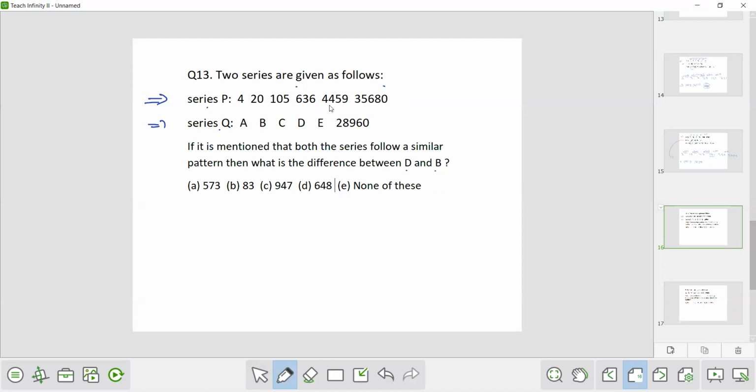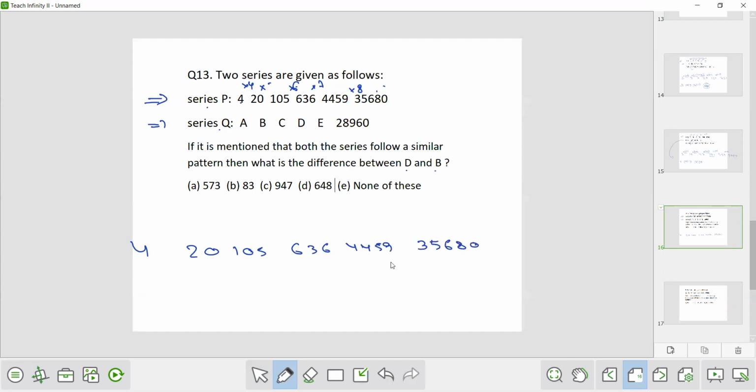Here, looking at this, it is near to 4500, and this is near to 35,000. Now how we will identify the series? So this seems to be something near to 8 times. 636 and 4459, this is near to 7 times. 105 and 636, this is near to 6 times. Then 20 and 105, this is near to 5 times. Then 4 and 20, this is near to 4 times. Now 4, 20, 105, 636, 4459, then